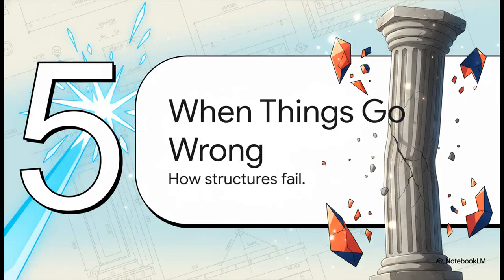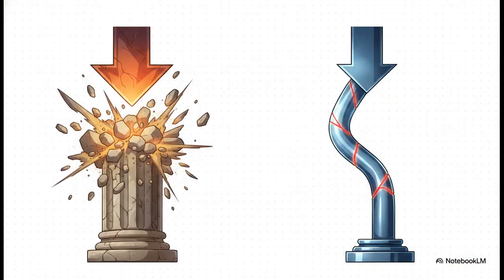So we've spent all this time talking about how things stay up, but understanding how they fail is just as important. Let's switch gears and look at a column, something that's designed to be squished, to resist compression. How a column fails totally depends on how slender it is. If you have a short, beefy column, it's really good at resisting bending. So if it fails, it's just going to be literally crushed by the weight. But a long, skinny column is a different story. Its weakness is bending. Long before the material itself gets crushed, the whole column will suddenly bow out to the side in a dramatic pop. That's called buckling.